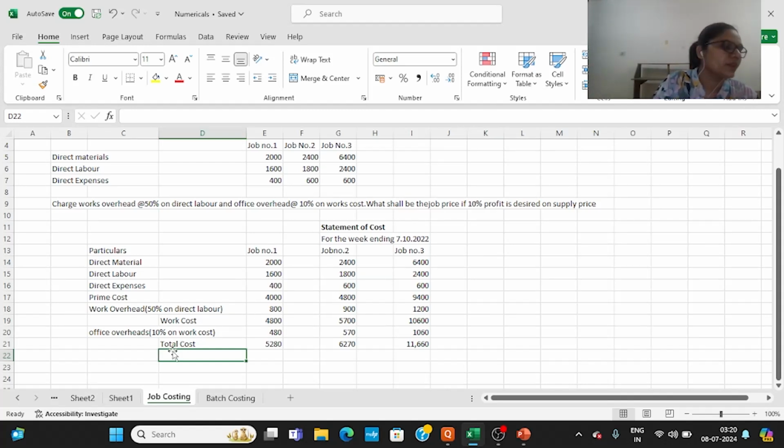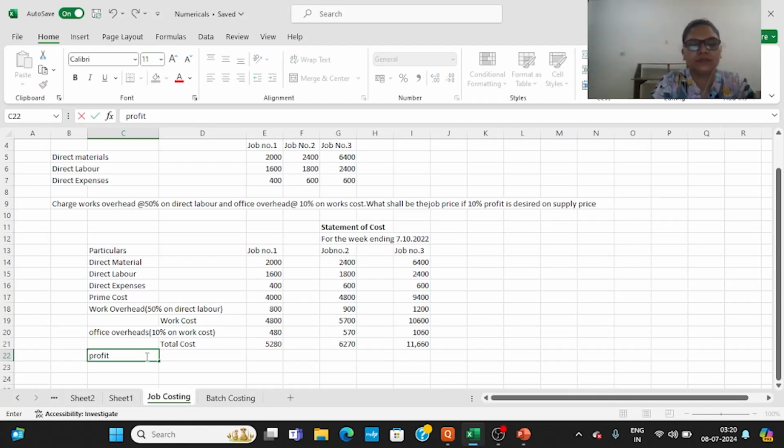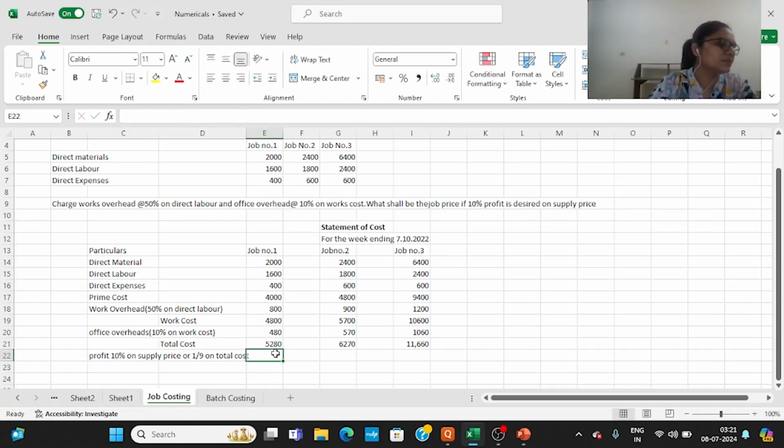So 10% profit on supply price is equal to 1 by 9 of our total cost, which will give you the figure of 587 in case of job number 1,